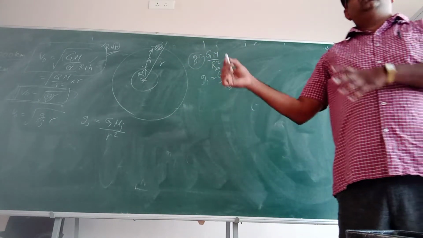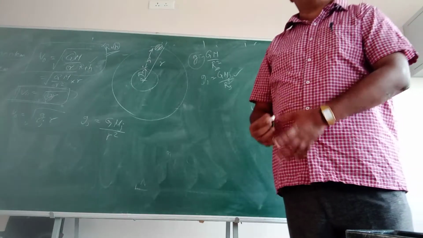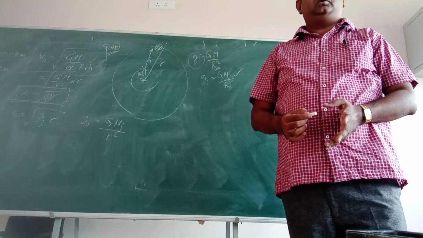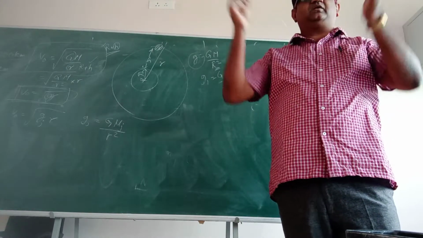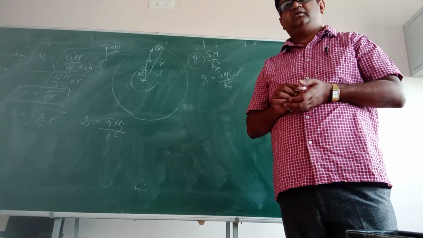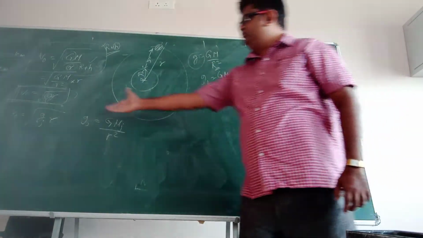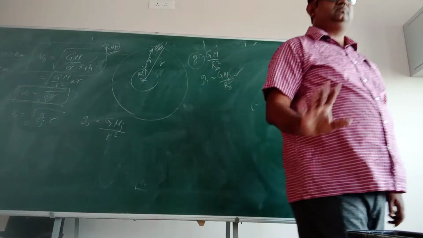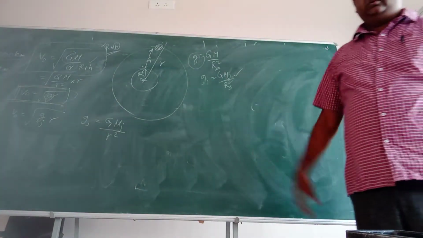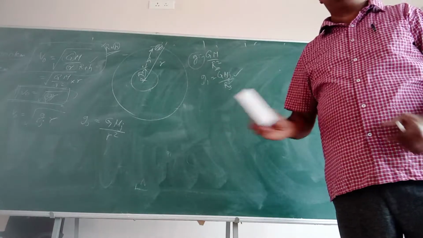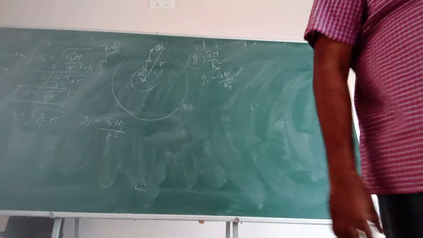So on some other planet you want to calculate, you have to just calculate this g value. Suppose a satellite is flying at a height of 100 kilometers above Jupiter. Okay, Jupiter radius is much bigger compared with the Earth. Alright, so there you can find out the value of Gj and you can use the same formula. Clear? So this is one thing, just make a note. You want to take some time to write down? I'll just pause it.